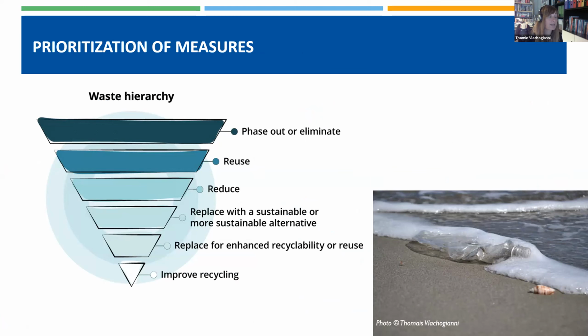So at the top of this hierarchy is the elimination. And we will, in the next slides, see what that means. So phasing out of single-use plastics, the reuse, the reduction, the replacement with sustainable or more sustainable alternatives, and or replacing for enhanced recyclability, or improving recycling. And this figure here is fundamental, because initially, at least in Europe, when the SUPS directive entered into force, everybody started talking about replacing some single-use plastics with other ones, like we talked about earlier on, with biodegradable ones. You see here,